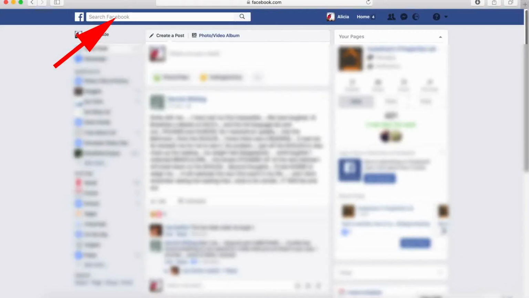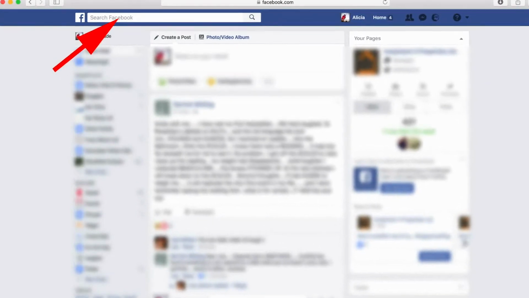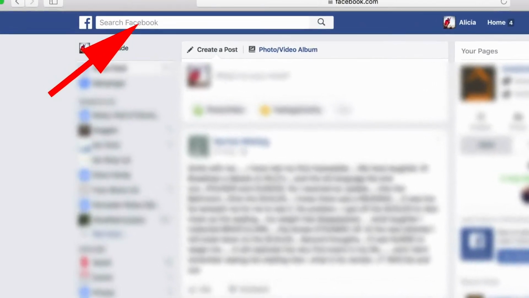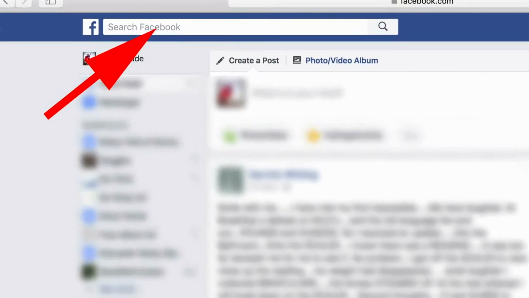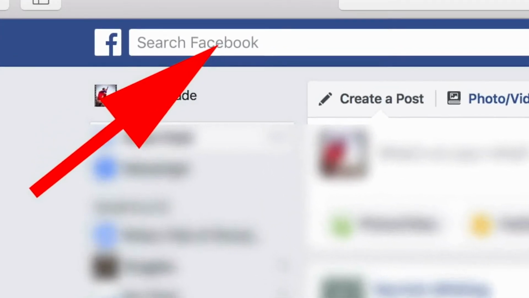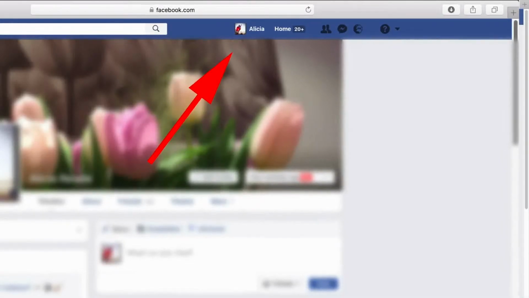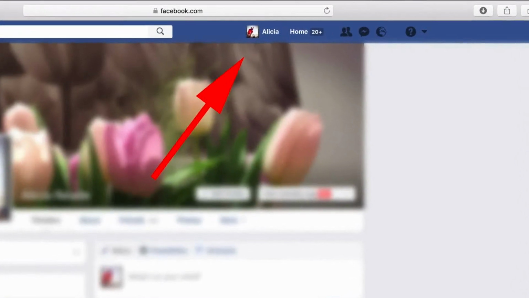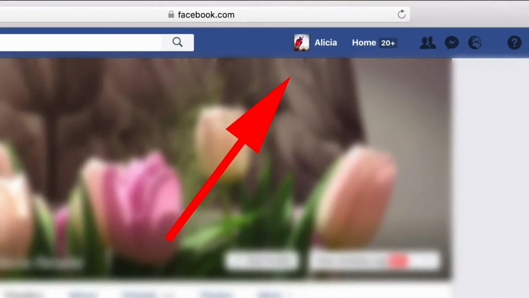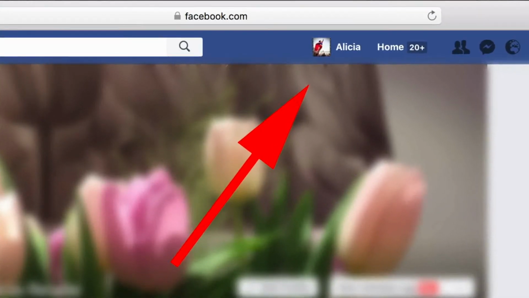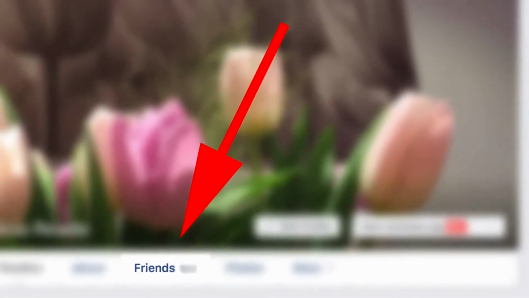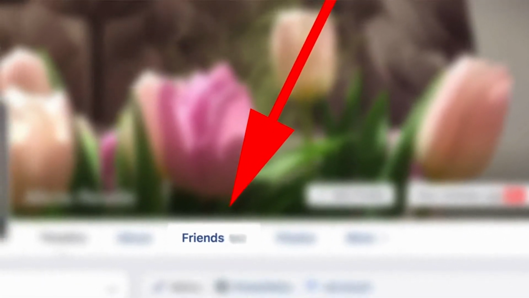If you're thinking of a particular friend that you would like to put into a category, perhaps you've just become friends with them and you've got a category that they can slot into, go to their profile by typing their name in at the top. They would come up at the top, or you can find them in your friends list. To find your friends list, you can go to your own profile by clicking your name at the top and then clicking on Friends here,